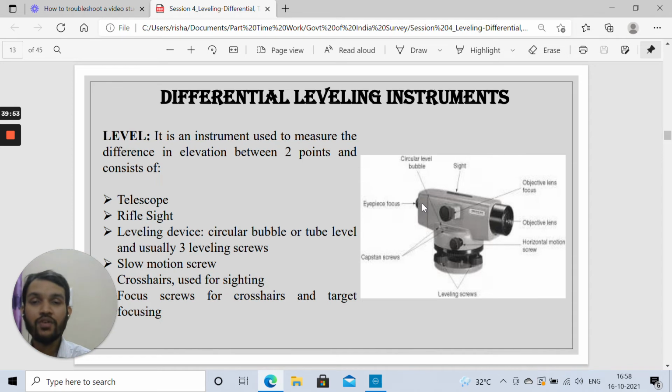And now we will try to balance it with the help of that telescope. Now we will try to look through that telescope to get the exact reading. Okay, this sight at the top is generally used so that you can get the direction in which you need to place your auto level.